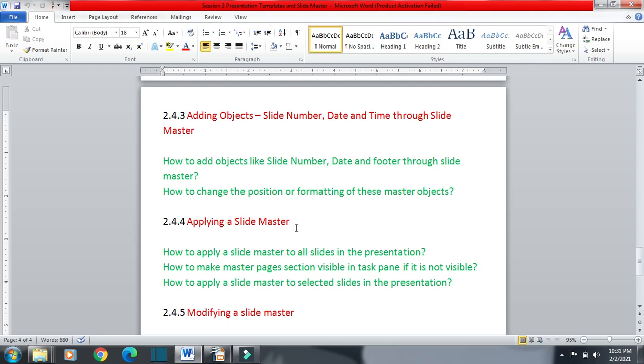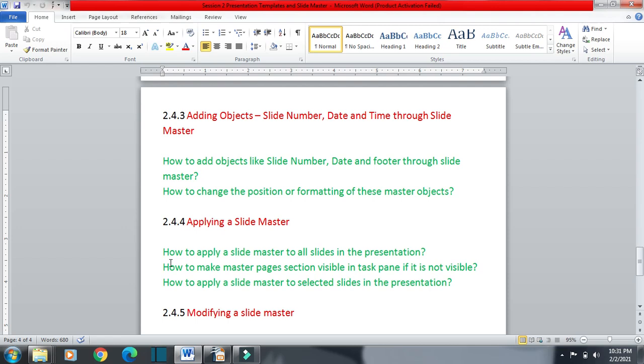Suppose in a presentation we have 10 slides, so we can have slide master for 3 slides, then next slide master for another 3 slides, and next for another 4 slides. Like this we can do this. So either we can apply slide master to all the slides, or we can take slide master for some slides and another slide master for some other slides.